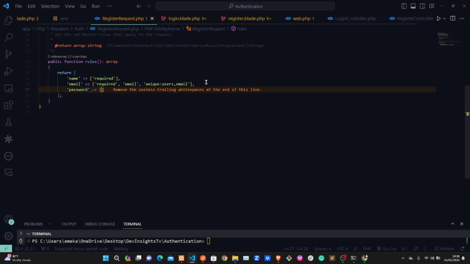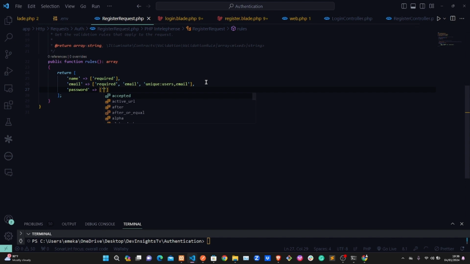Password is also required. I'll create a separate video to do more regex validation, more like you need a capital letter, you need a small letter, you need all those special characters. I'll do a video for that one. But this is just something simple. So we need this to be required. And then let's close this. And we also need password confirmation. We just need this